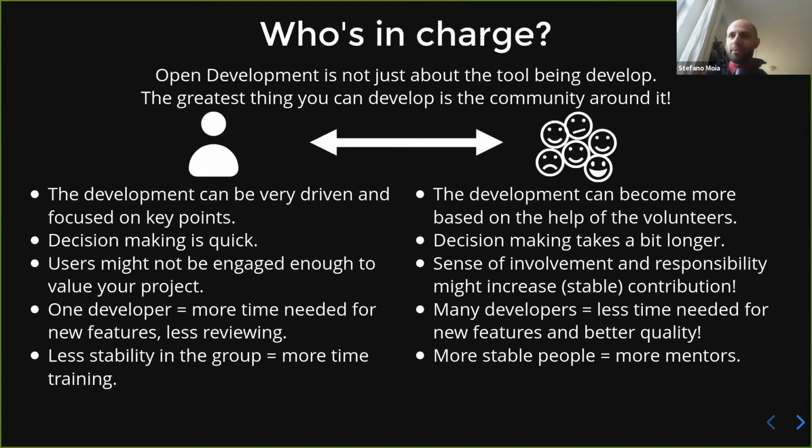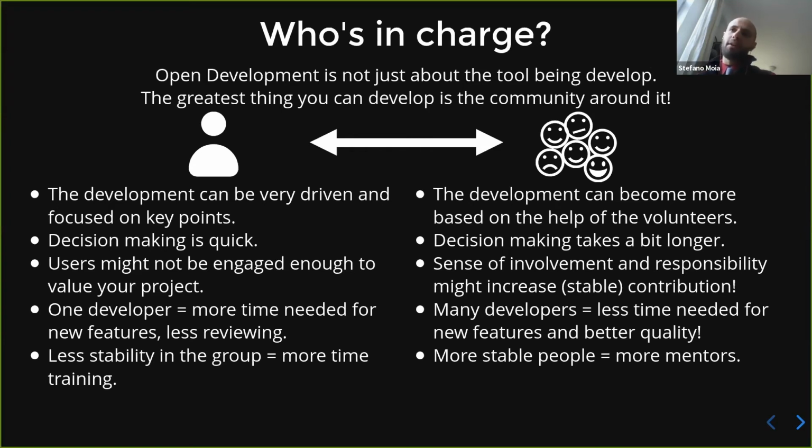Now, I talked about these two types of governance, but actually governance, as everything in life, is a continuum, is a spectrum. You might see projects that are a bit more toward community-oriented governance. You might see projects that are more leader-oriented. It's quite common to hear the saying, the position of benevolent dictator. That's basically a leader that takes into account what the community wants, but still leads the development. And that was quite common in recent years. For instance, Python had, up until a little time ago, a benevolent dictator, and other tools had the same.